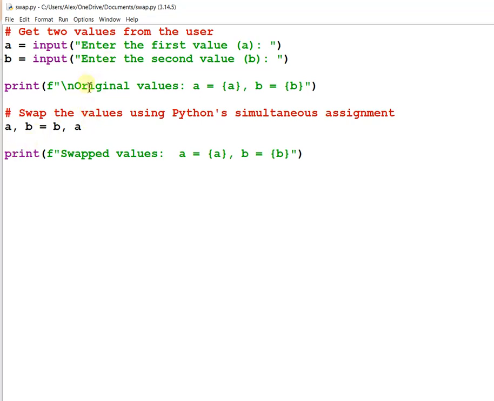But as usual, messaging is very important. Whatever message is typed in the double quotes, this is the correct way. Enter the first value A. Sometimes we miss it: enter the first value, enter the second value, but we have two variables, A and B, and we are putting the input. And in this question, freedom is given that it is not integer nor float, nothing, a simple input is taken.